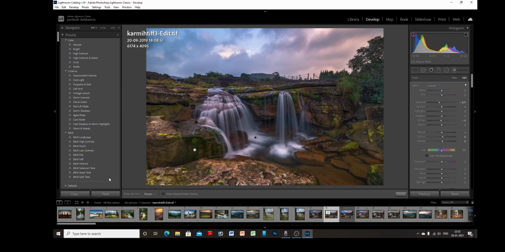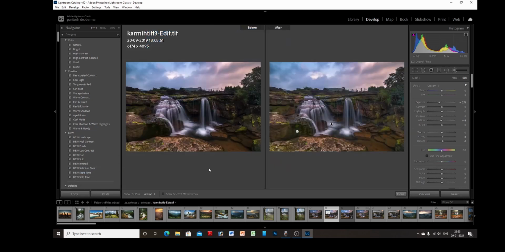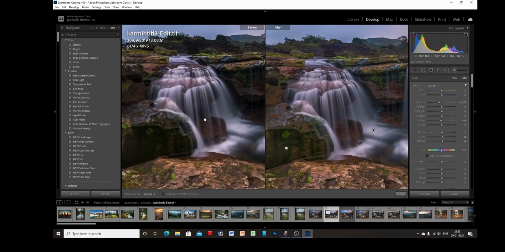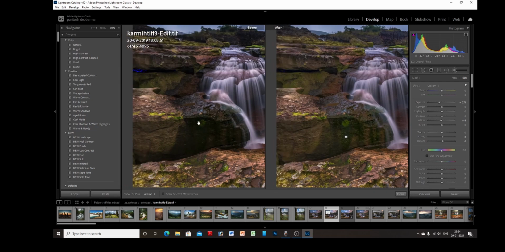Now let's check the before and after of this image. We can zoom in by hitting Ctrl+. Now we can see this rock which was underexposed before is now well exposed in the after image without affecting the well exposed areas. These areas before and after are almost the same,